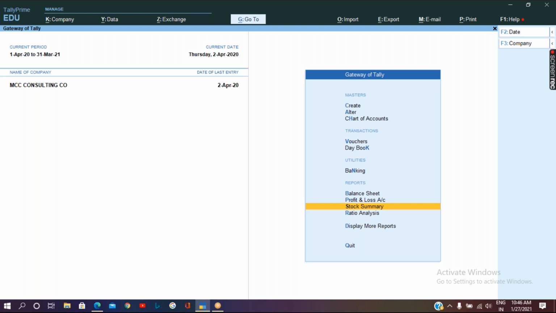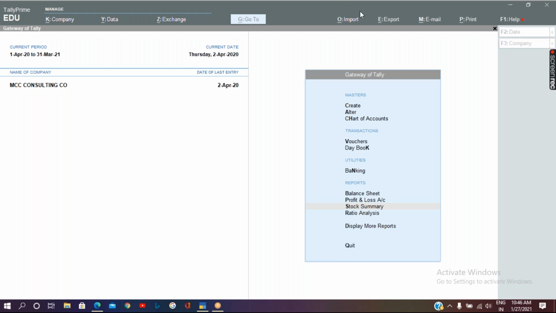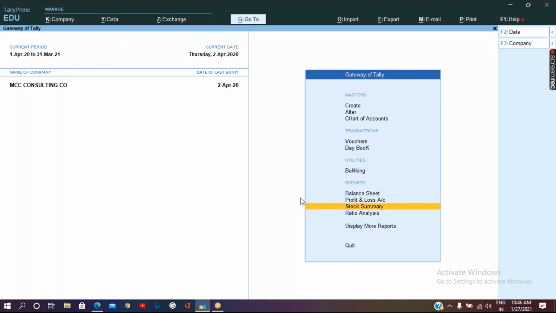There is a separate report to see the godown wise report. So what could it be? Always, apart from the Gateway of Tally report screens, if you want to check further reports, through which option can we go to another report screen of the Gateway of Tally?